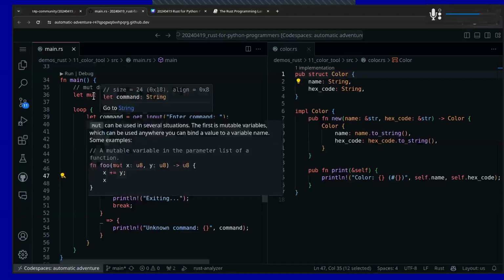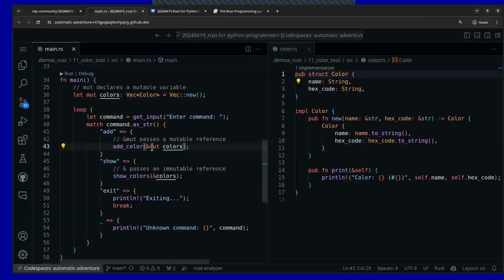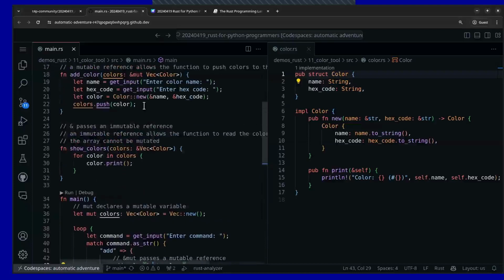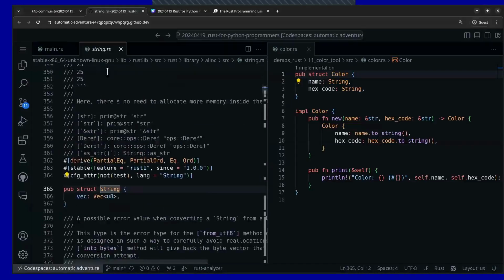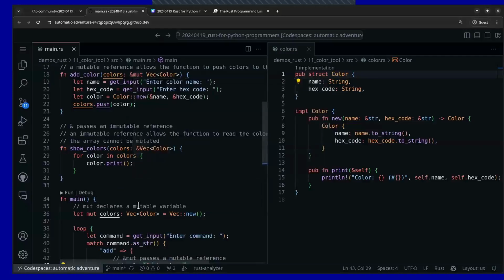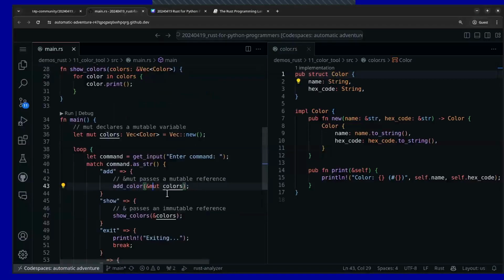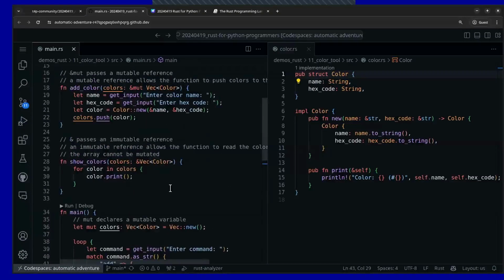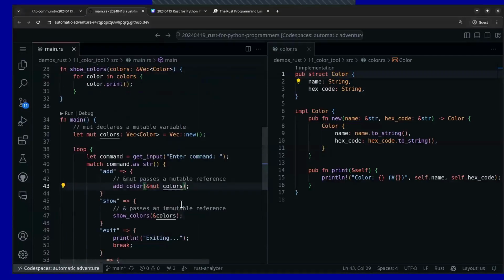Because I have to put mute here, here, and here. No matter where I look in the code, I understand how that memory is being used, that memory is going to be mutable. And so it's a little extra typing, but it makes it really super clear about what we're doing in this